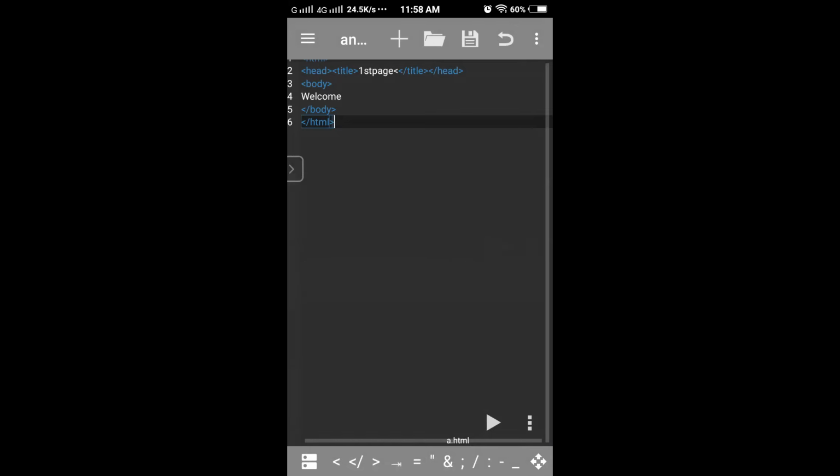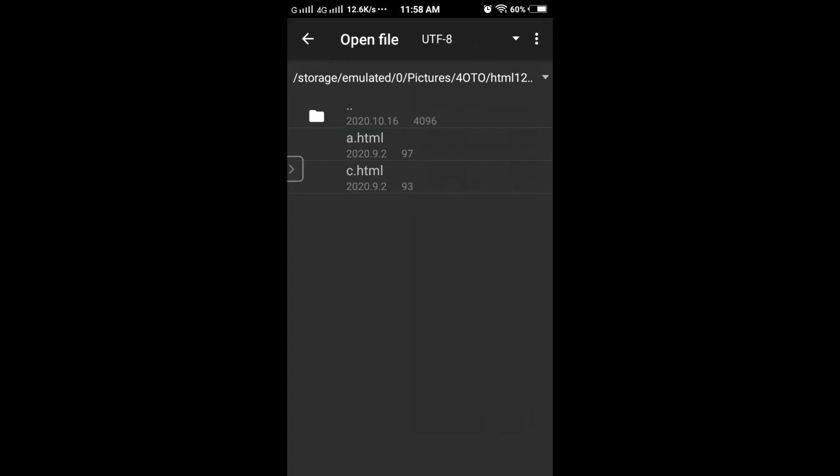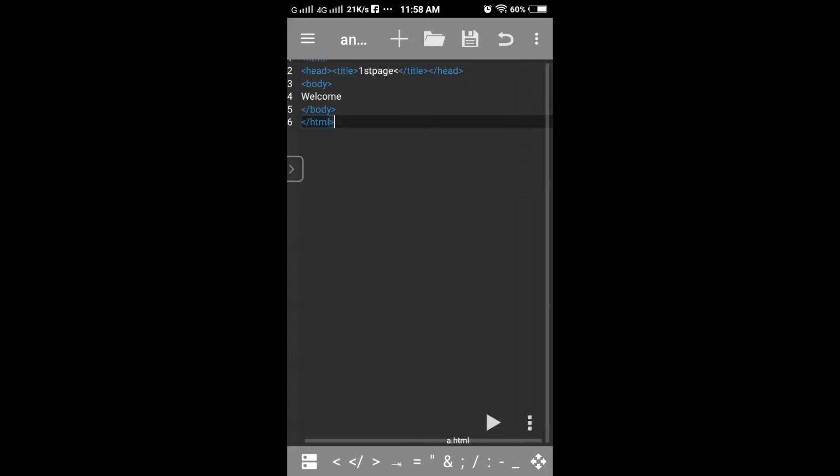Now the problem is how to save it on phone. So you have to click on this folder. It is showing saving a file. So the file is saved, but we don't know where it is getting saved. How can I check my file again if I want to open it after a week? Then how can I access my file?